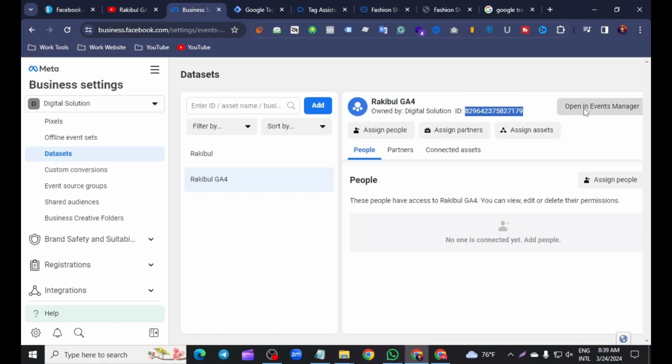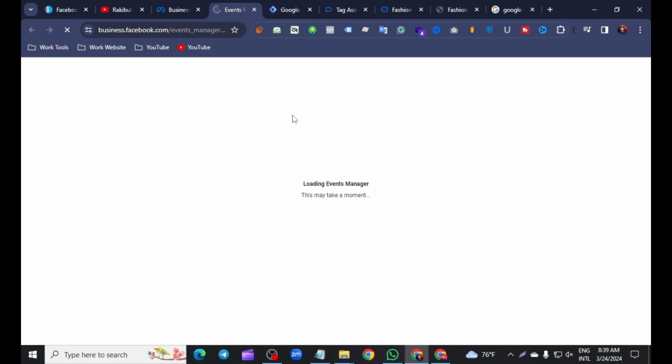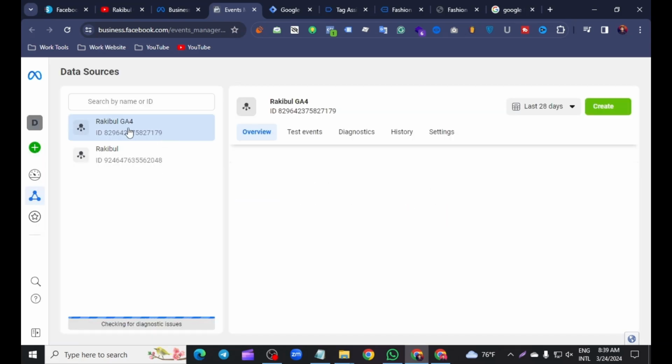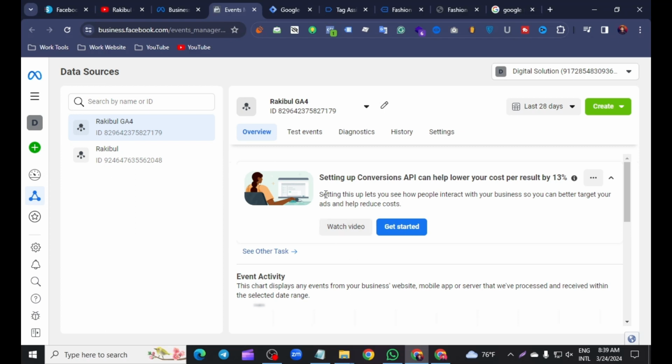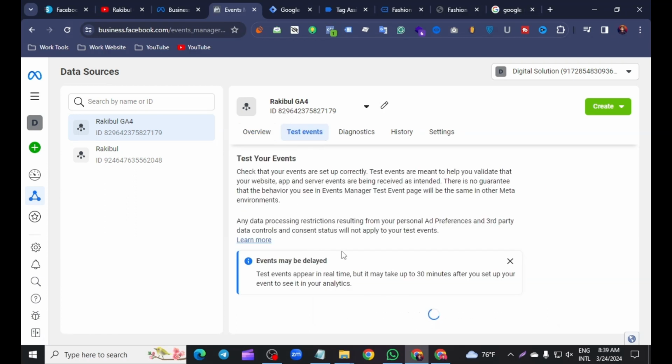Now we just click to open the Event Manager. Here we can see all the information. That is our Facebook GFO's pixel ID. Just click the test event